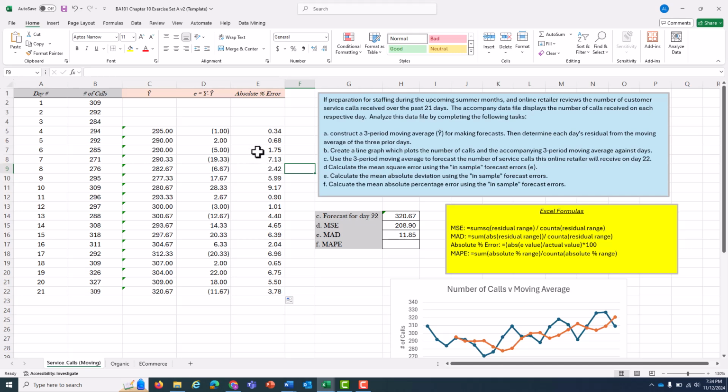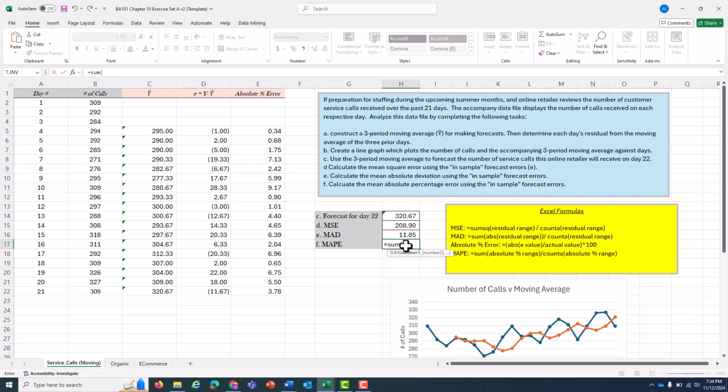And if I go down here, I can fill in the whole thing, and we get what percent our estimate was off by based upon the actual number. So our miss, our residual for day 4, was 0.34% of the actual calls that we had. And now for the mean absolute percentage error, I can fill in that formula as equal to